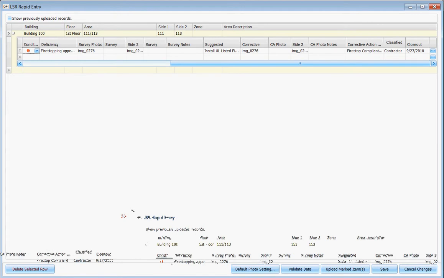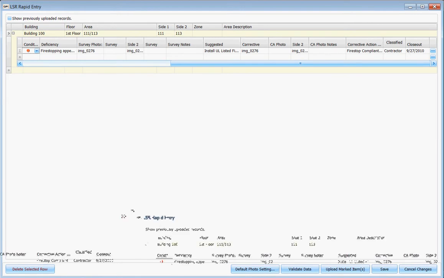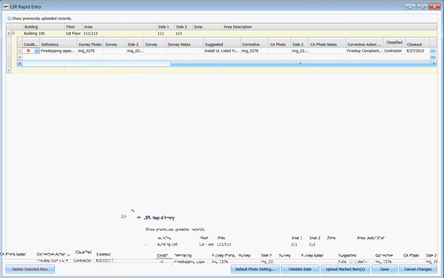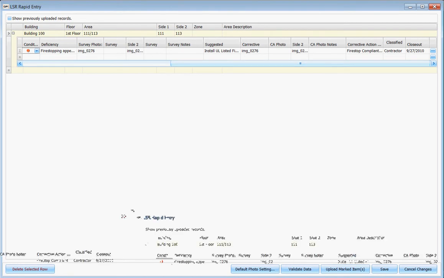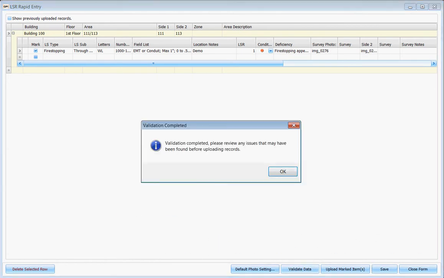I put in contractor just as a precaution because that's how you're currently doing it within this particular client's project. And then I closed out the item, therefore closing out the deficiency that I've created. I'm then just going to hit save and hit validate data,